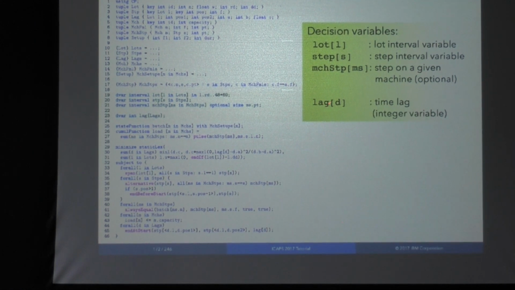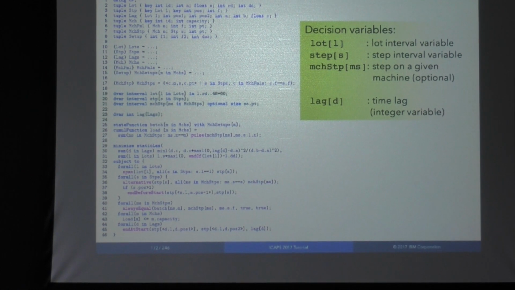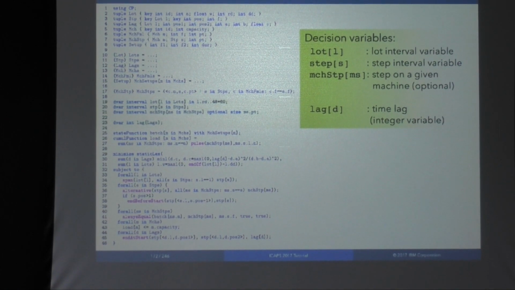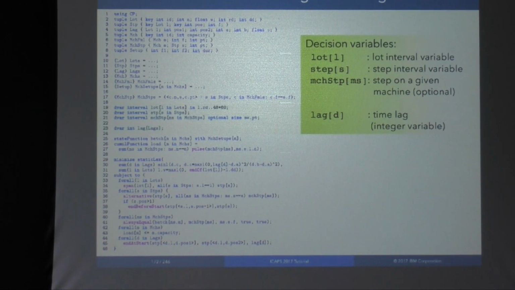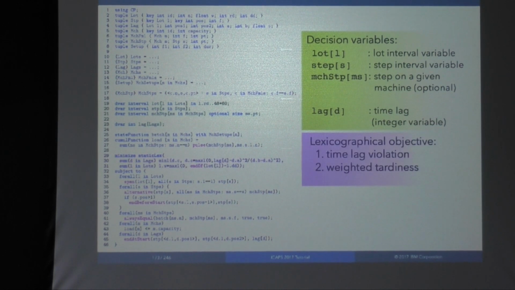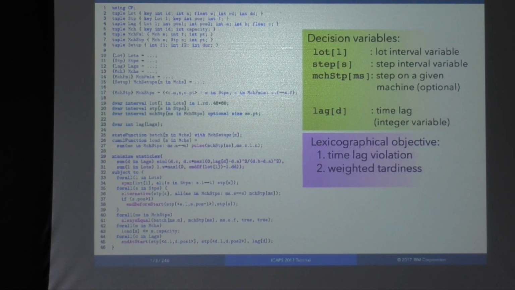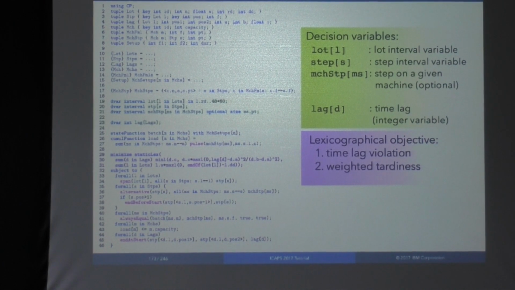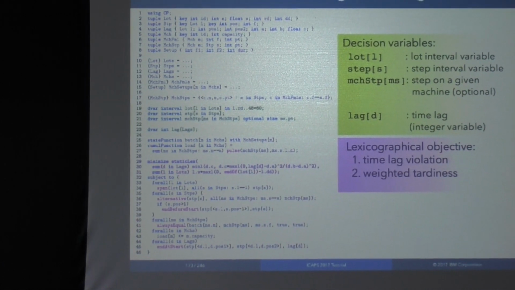Additionally, here we have an integer variable. I didn't say it, but of course, in CP Optimizer we also have integer variables and more classical CP things, and you can mix them together. And then this is a lexicographical objective. So we have also the possibility to represent a static lexicographical objective, where you have two expressions. The first one is the higher level criterion, and the second one is